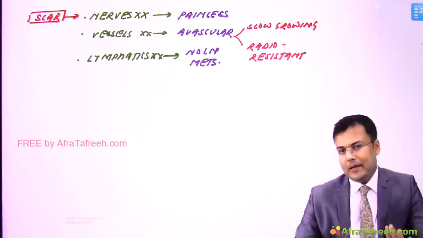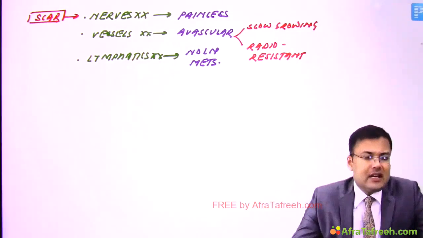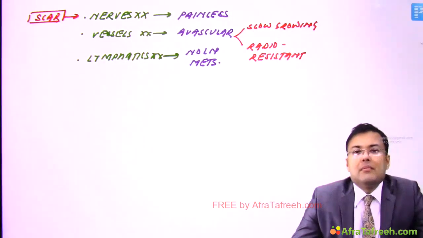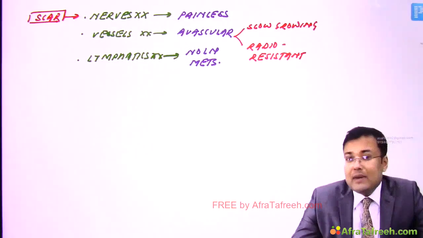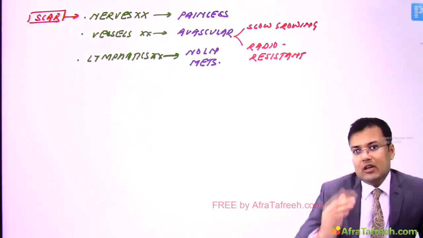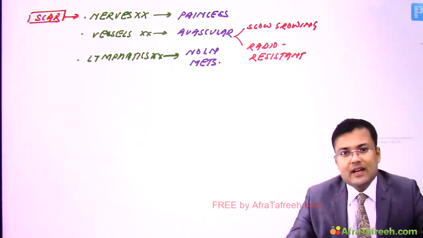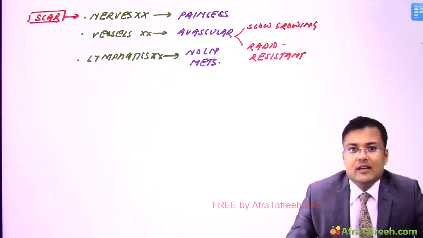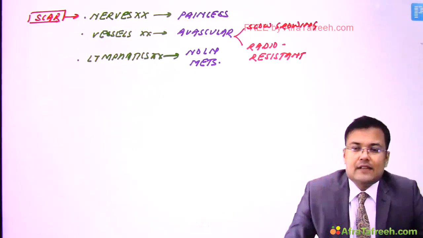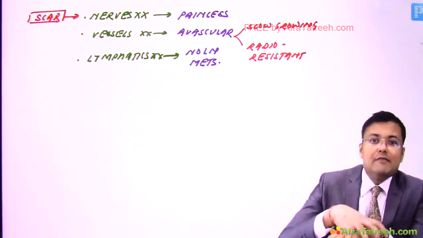These points are clear. Now see how we are going to make the diagnosis. Diagnosis of squamous cell carcinoma, basal cell carcinoma, malignant melanoma, soft tissue sarcoma: in all these cases, how do we make the diagnosis? Biopsy. So here also we make the diagnosis by biopsy. We discussed that this kind of ulcer is relatively avascular, and it's a type of squamous cell carcinoma, so we have to go for wide local excision, right? Whenever we go for wide local excision, after excision there will be a defect at the site of the ulcer. So how will you close the defect? You have to close that defect with the help of a flap.